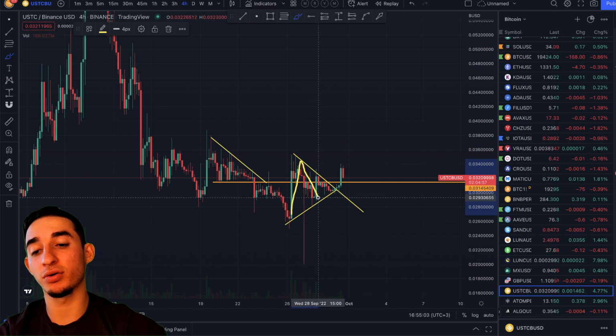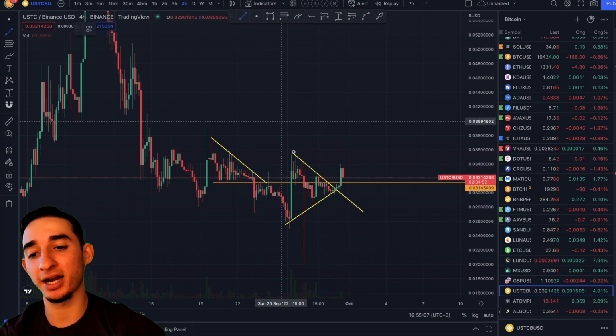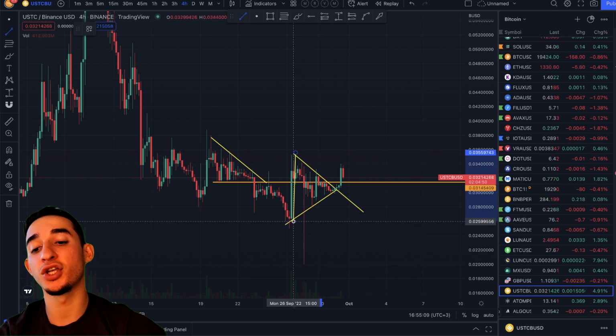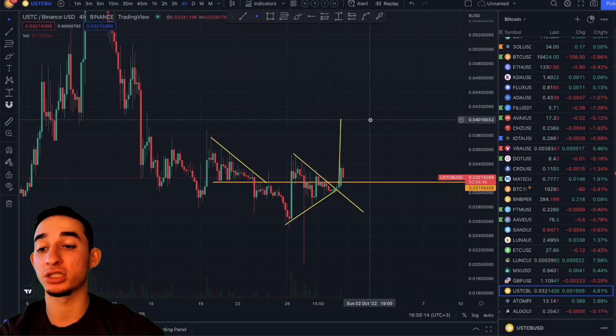Okay, so this was a triangle that we were in on USDC, getting tighter and tighter until we finally exploded, right? Things are looking good. Now, what can be the target for USDC Terra Classic? Well, if I take this and I put it at the breakout, our target should be approximately